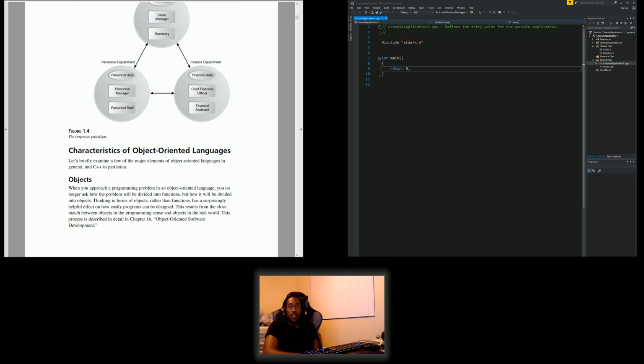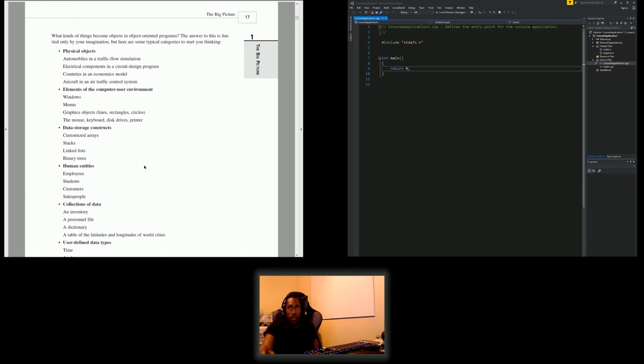So, thinking in terms of objects rather than functions has a surprisingly helpful effect on how easily programs can be designed. This results from the close match between objects in the programming sense and objects in the real world. This process is described in a lot more detail in Chapter 16 of Object-Oriented Software Development. So when we get to that point, we'll be able to go into more depth and have a deeper explanation of it. So now let's talk about